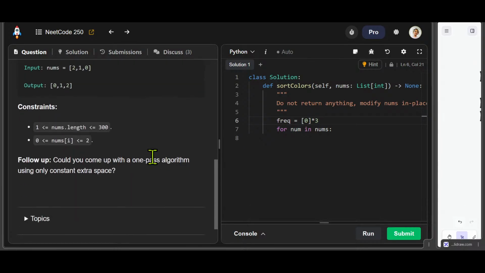But this won't be constant space. Constant extra space. Not sure. Will this be constant extra space? I think so. Frequency of the number plus equal to 1. Once I find that,